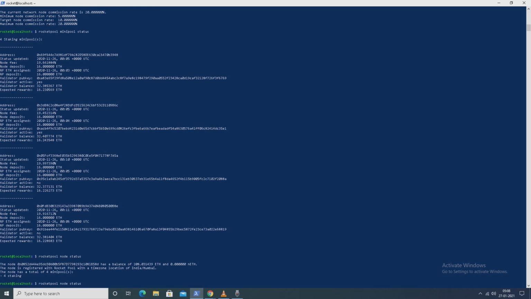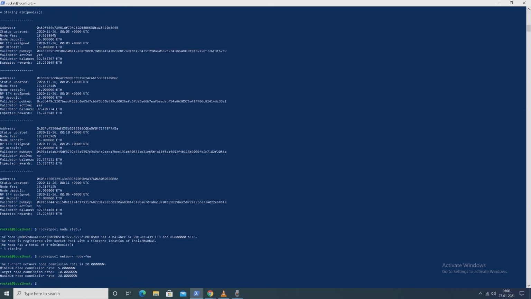And one more thing, this network node fee, you can check through this CLI command, rocket pool network node fee, and the current node commission is around 20%. This is the commission that will be paid to the validators by the stakers.